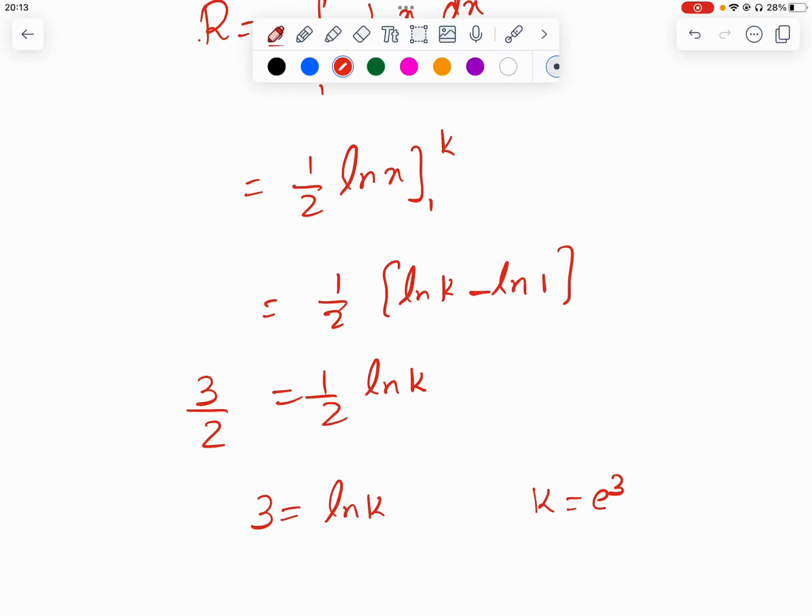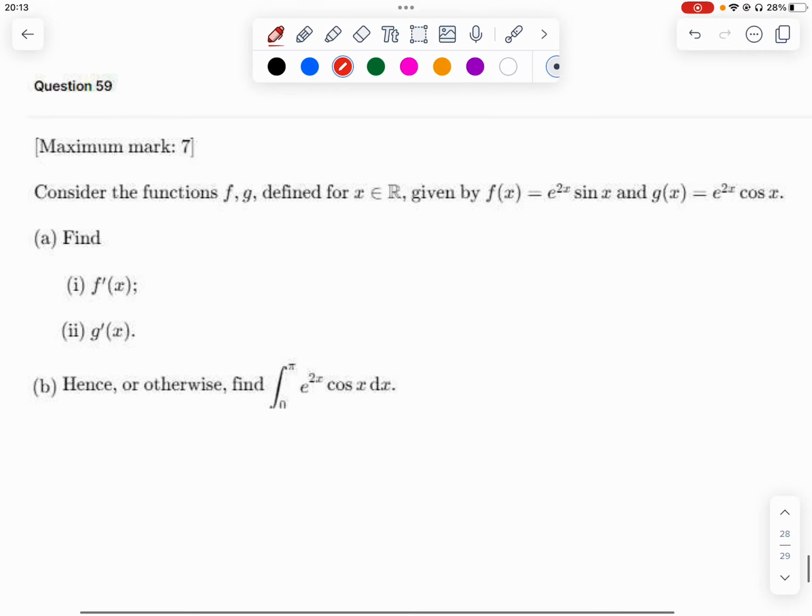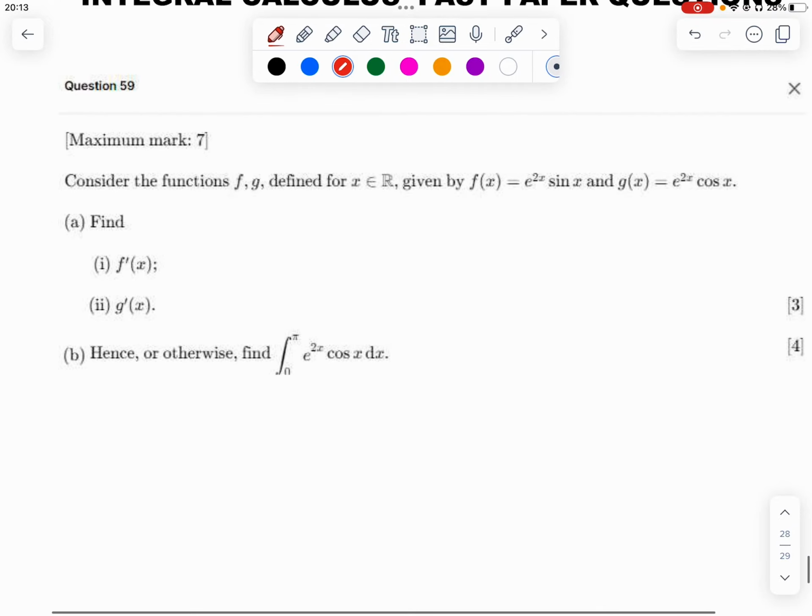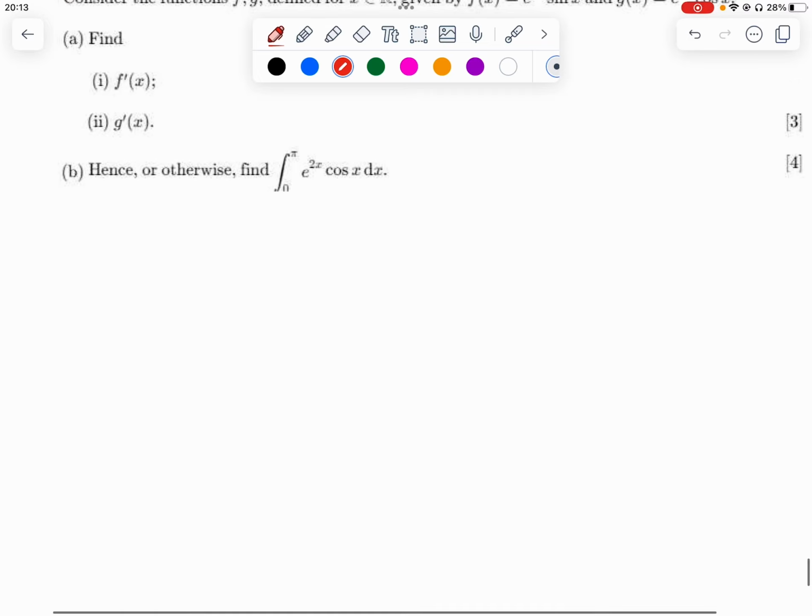Next, question number 59. Consider the functions f and g. f of x equals e power 2x sin x and g of x equals e power 2x cos x. Find f prime x and g prime x, and hence find the integral of this one. What is f prime x? f prime x equals